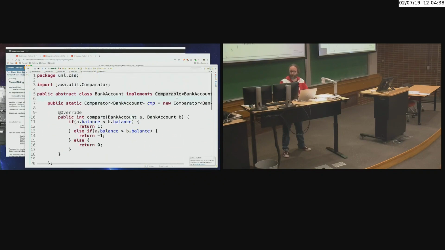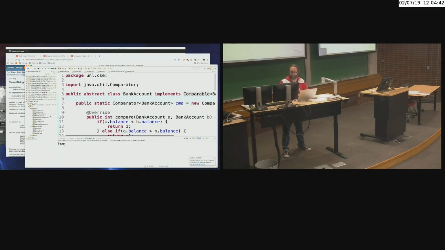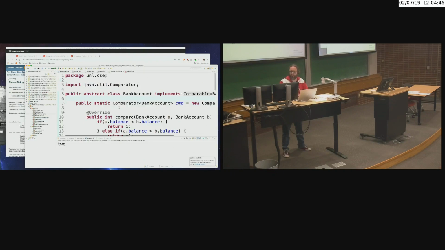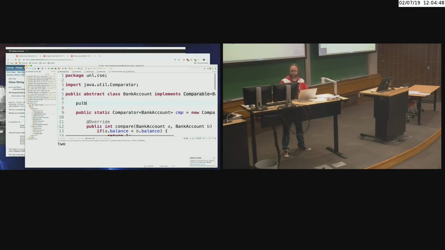Huh. That's weird. Oh, because it's an abstract class. So now my subclasses are probably complaining about it, that it's not comparable. So let me go ahead and take care of that. I will add a public int compareTo, right? Bank